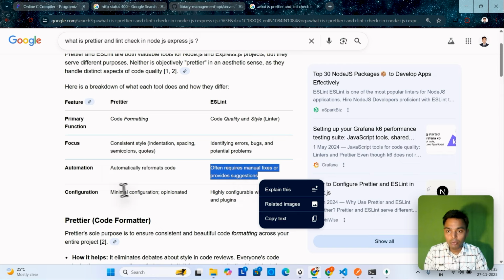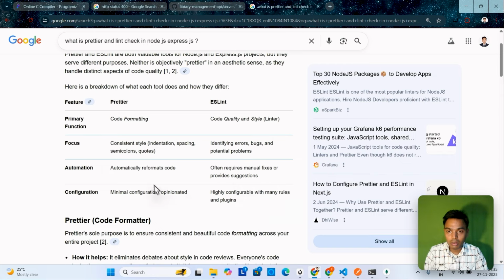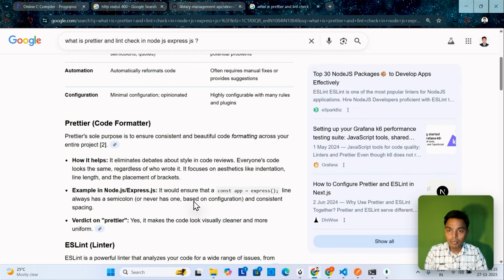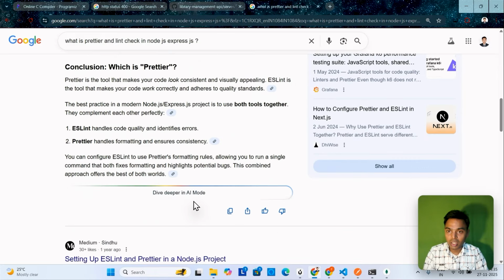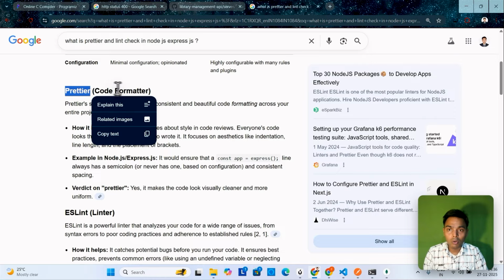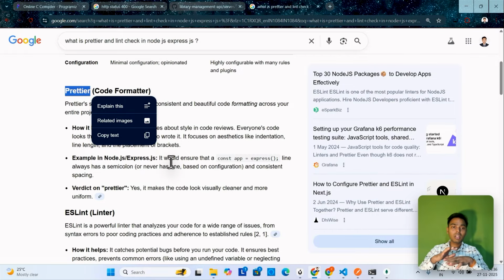Okay, configuration. Prettier requires only minimal configuration. ESLint is highly configurable with many rules and plugins. Okay, we can learn more about these here. We can just go to Prettier. What is Prettier? A code formatter, means it will format the entire code. We will just run one command and it will change the format of our